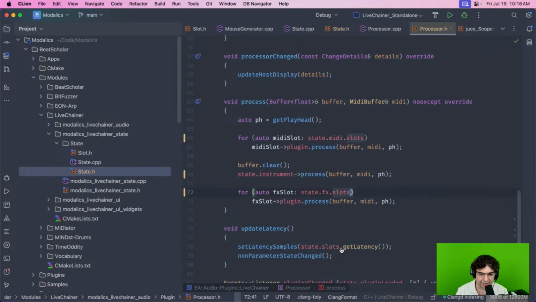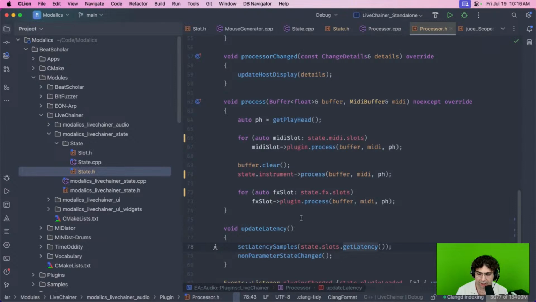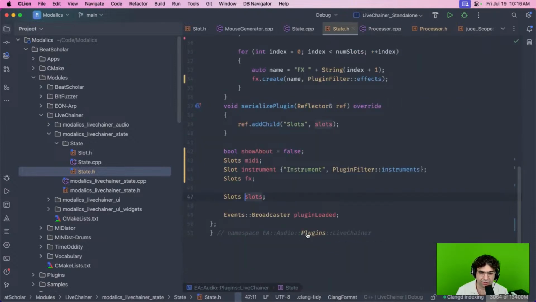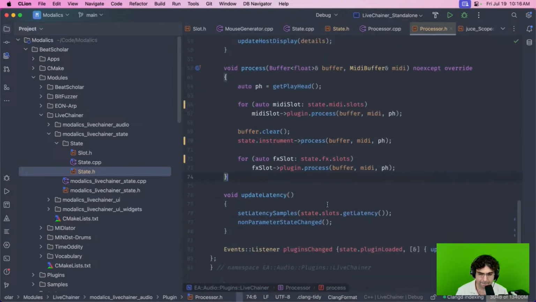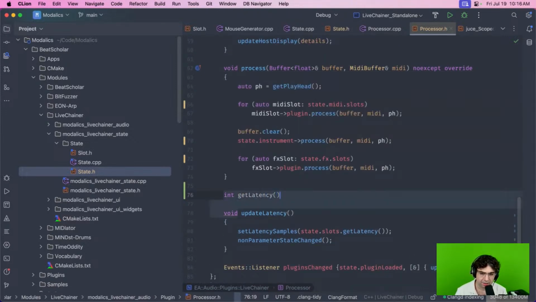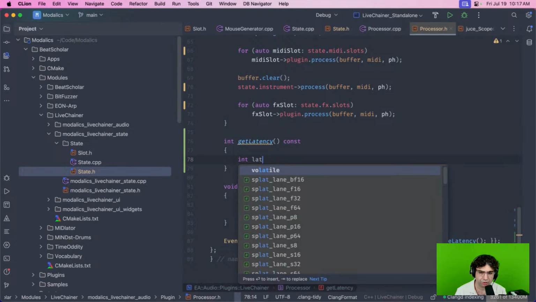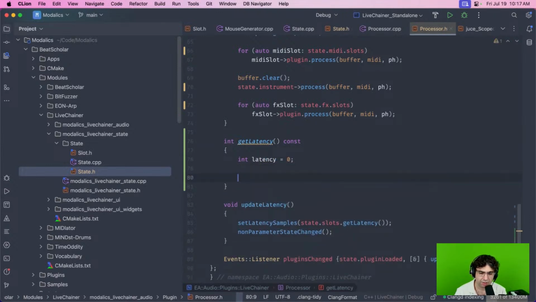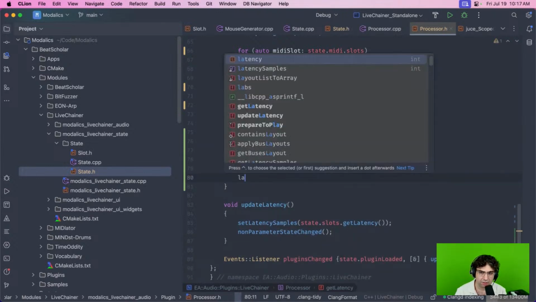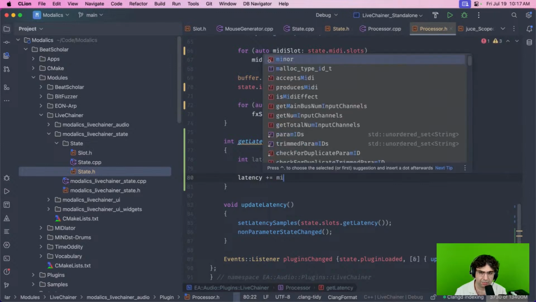The one thing I need to change is get latency, because now the latency of this graph is actually combined, because plugins could introduce latency. So I probably need that plugin to get latency, and this would be const, and this would return. So let's start with this, and so it needs to be